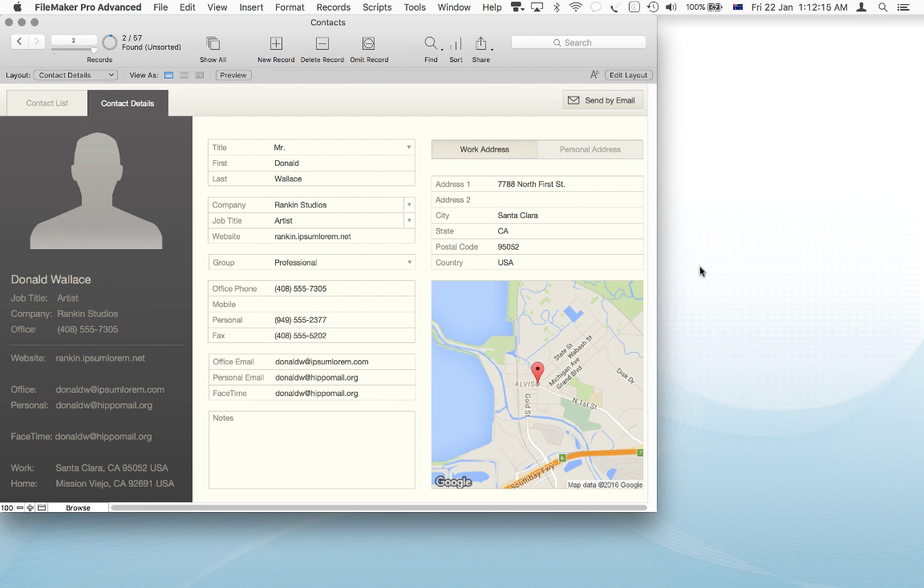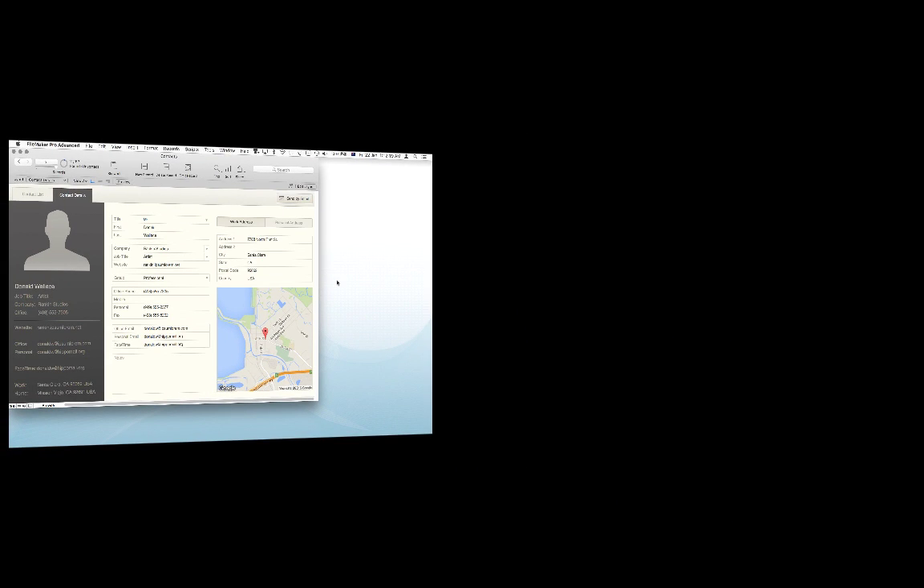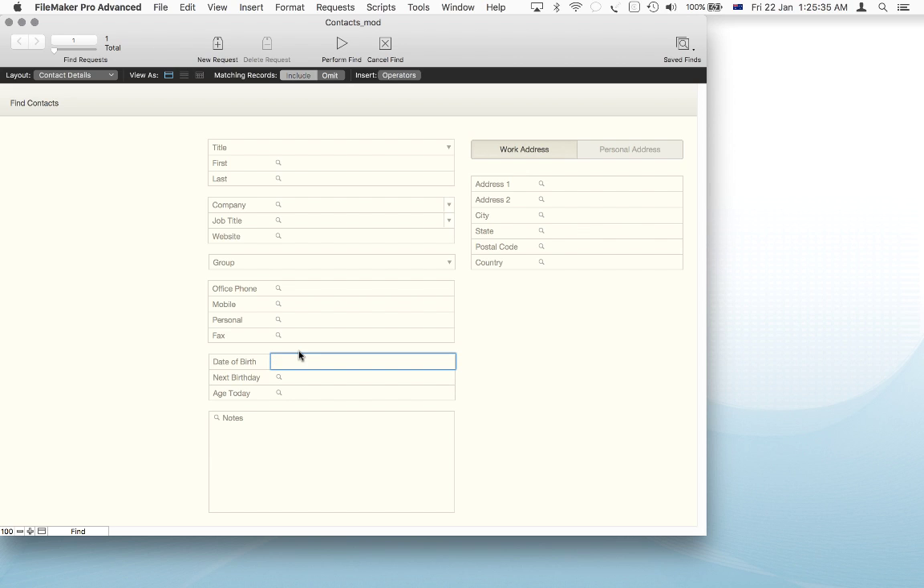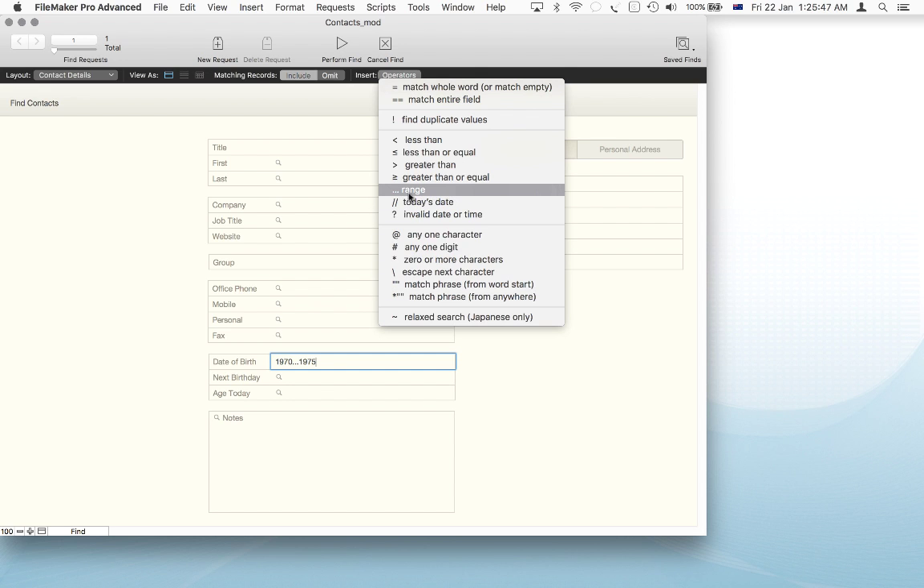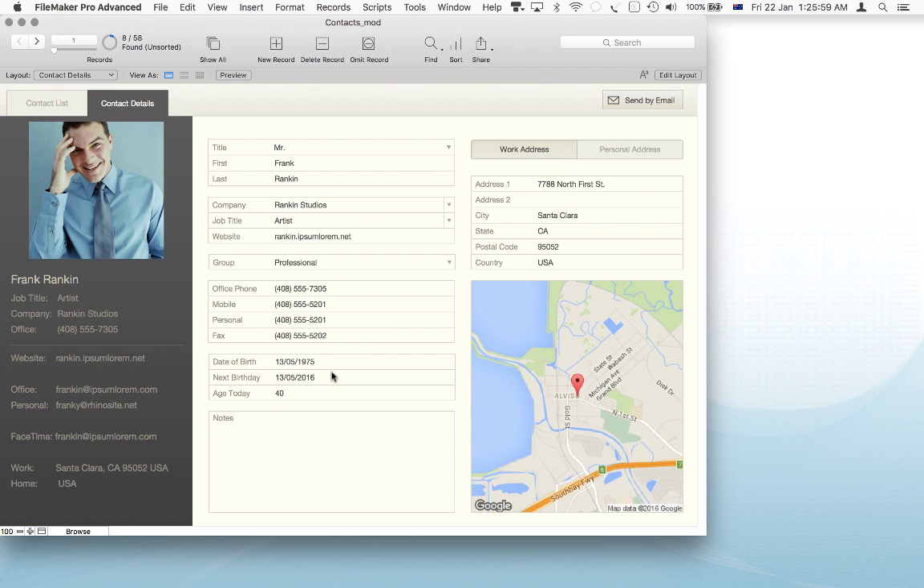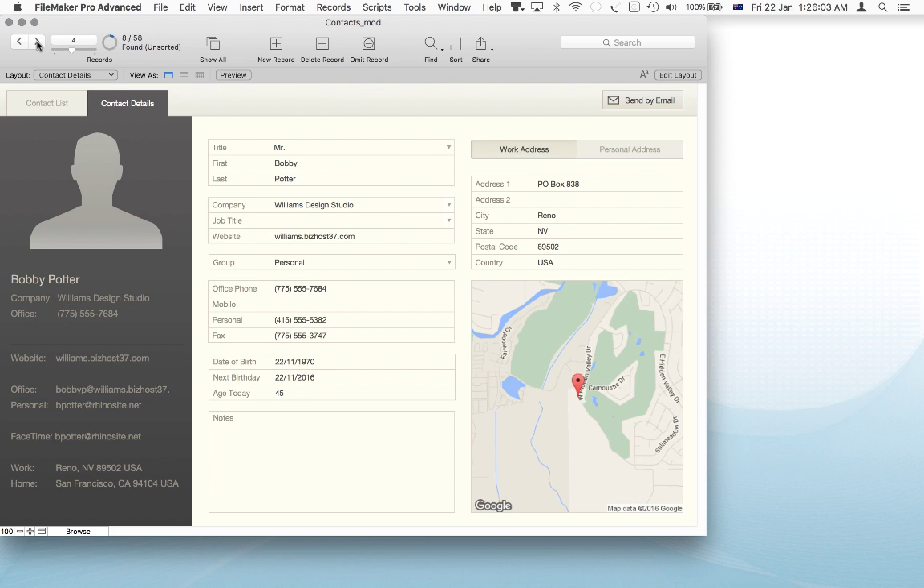Now unfortunately for this last demonstration I didn't have the fields required, so I've taken the liberty of making some modifications to the file, creating a couple of extra fields that I need, being date of birth, next birthday and age today. So with numeric and date data we can do some useful range searches. For example, in this case we have the date of birth for someone. We can do a find and find out all of the people who were born between, say, 1970 and 1975. This is an operator known as a range operator, which is simply 3 periods or full stops, and can find the range of data in the field. So perform that find and we end up with 8 records, all of whom were born between 1970 and 1975